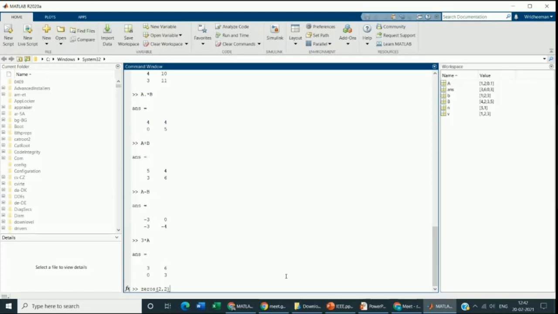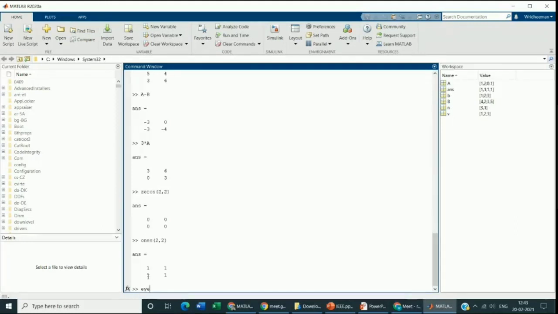As you all can see, by zeros(2,2), the number of columns is 2 and the number of rows is also 2. As here you can see in ones, it is fully filled with the element 1, and the number of columns is also 2 and the number of rows is also 2.